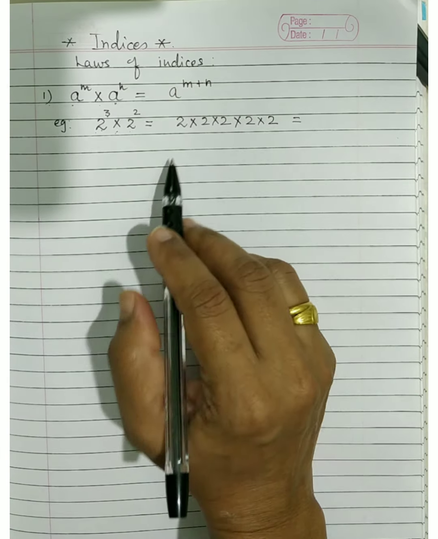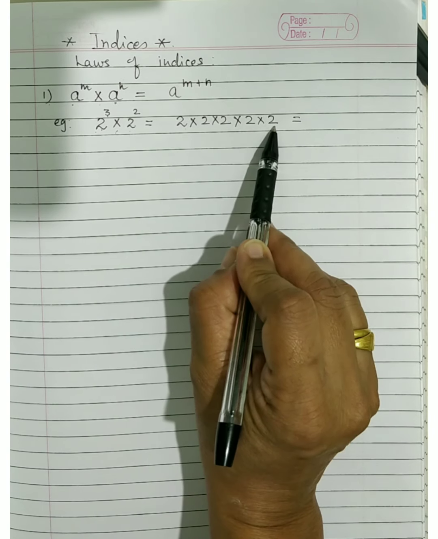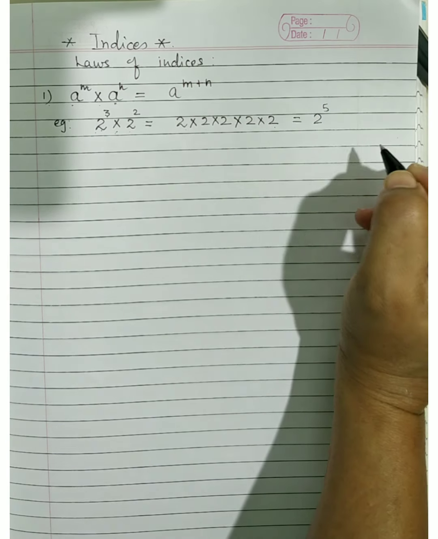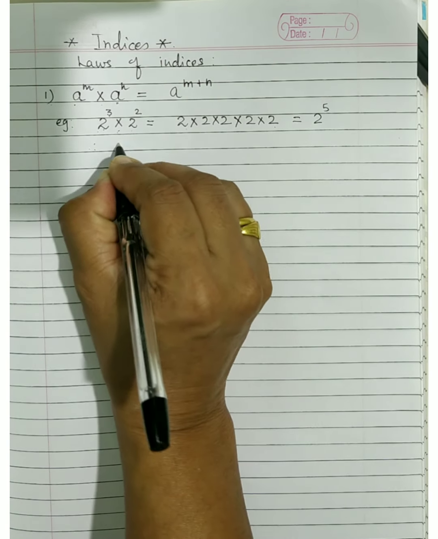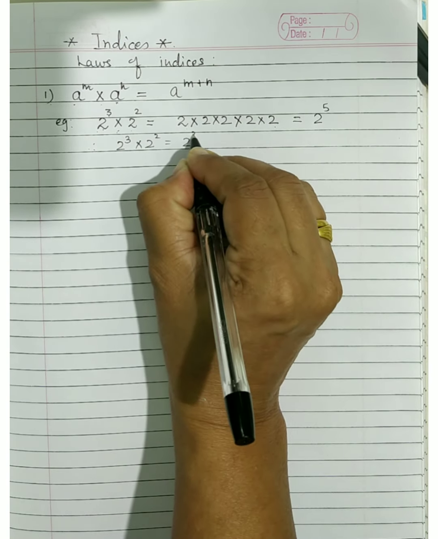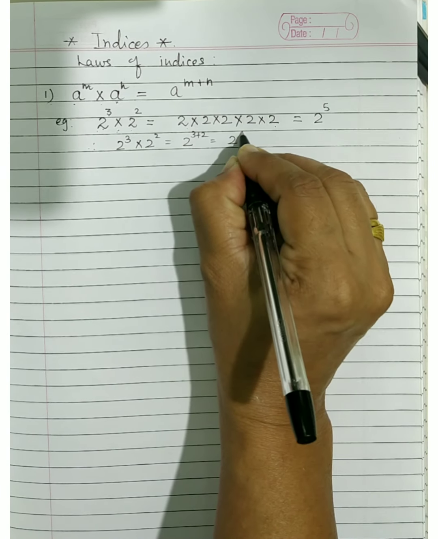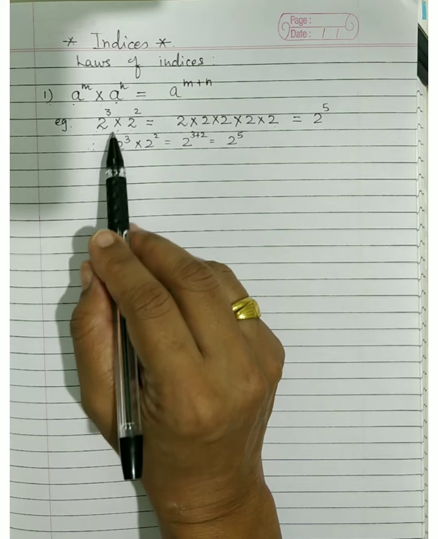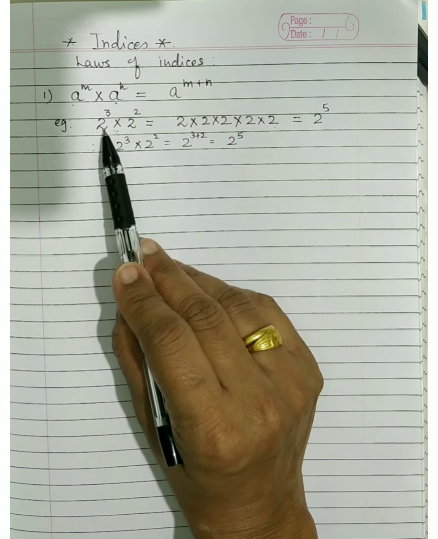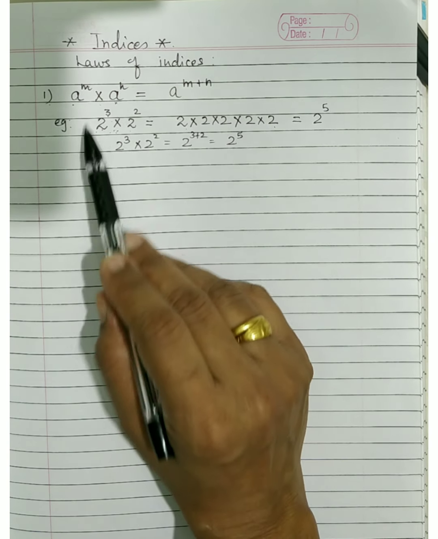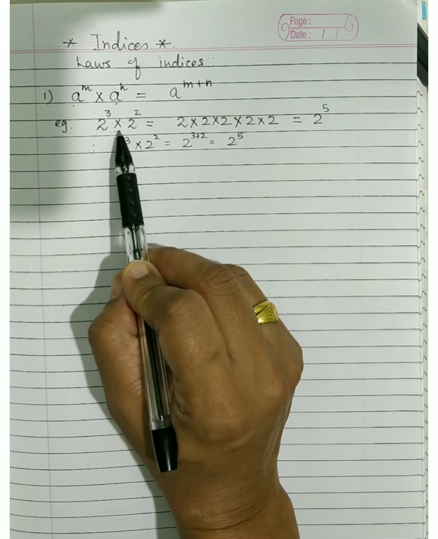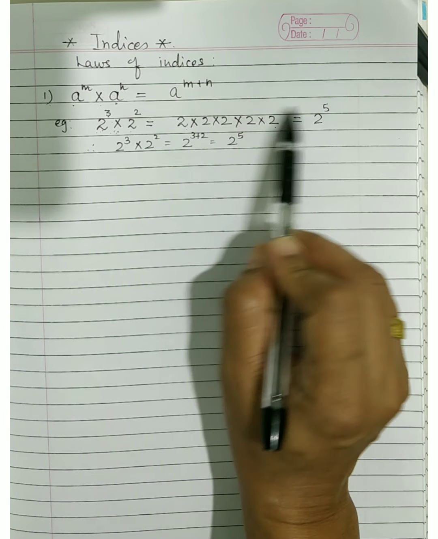Now again using the same rule, since 2 is being multiplied here how many times? 5 times by itself. I can also write it as 2 raised to 5. So what is the conclusion? 2 raised to 3 multiplied by 2 raised to 2 is 2 raised to 3 plus 2, that is 2 raised to 5. If you have understood this, you will never make a mistake. For addition there is no question, it will simply become 8 plus 4, right? Why is this happening? Because an index means a number whose power is 2 raised to 3 or whatever, and when multiplied, the indices are getting added here.